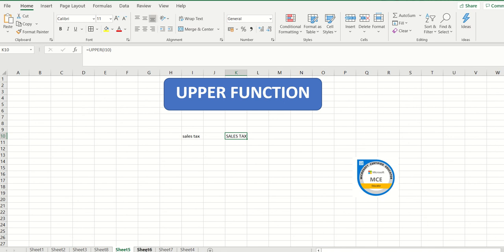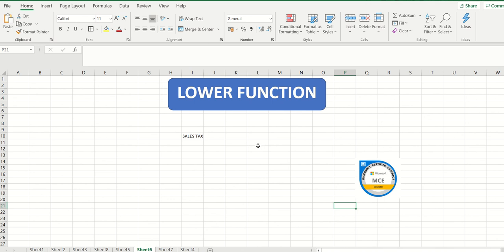Now let's move on to the next function. The next function that I'm going to train you is the lower function. Again, you can apply this only on text, and it is beneficial in order to convert a given text into lowercase. That's how the word lower has come into the picture. In case you have a given data set and mistakenly you have typed it in uppercase, there is no need for you to erase the entire data. You will type in a simple command, and that is going to convert my entire details into lowercase. So now let's go ahead and practice.